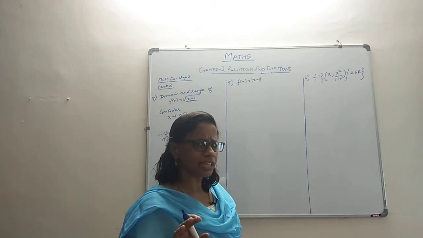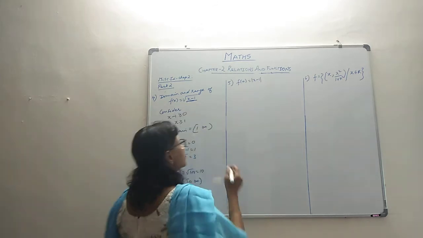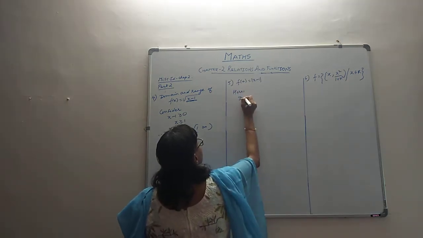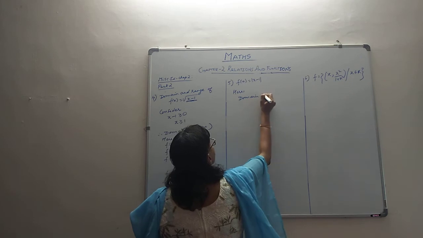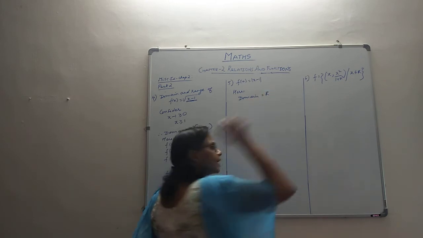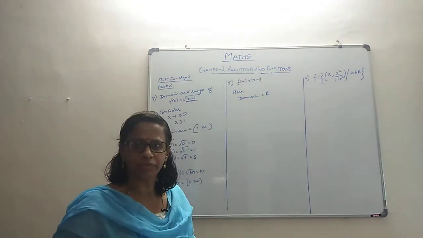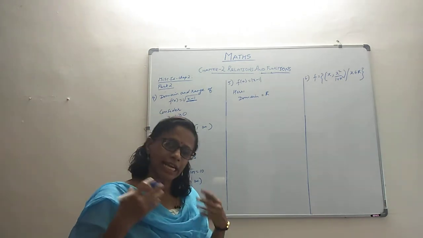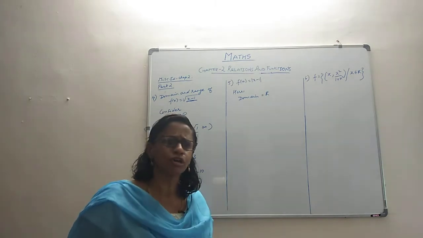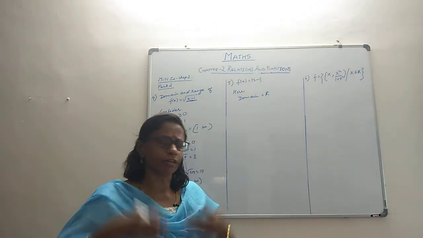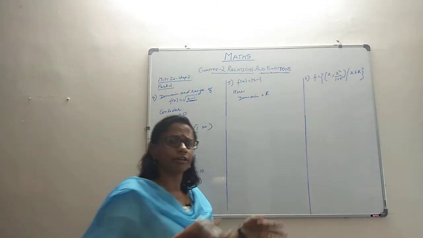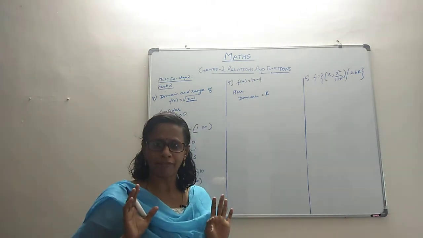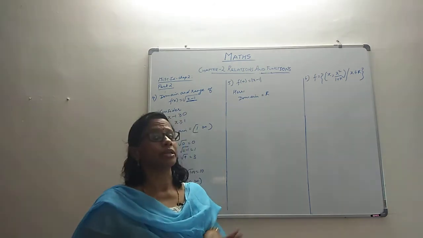So the domain in the case of a modulus works out fine. So you can say here the domain is the real numbers. Why the whole real number line? Because I can take any real number and I am able to find out a function value. It is not that we are not able to get the answer. You can take any real number, a fraction, a root, an integer, a negative integer, a positive integer, anything, and you are able to get f of that value. So because of that, the domain becomes R.